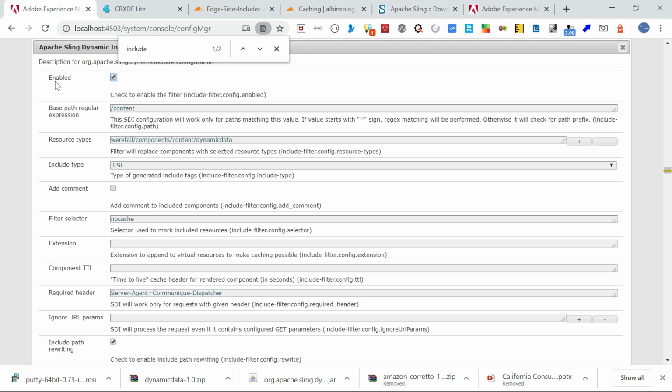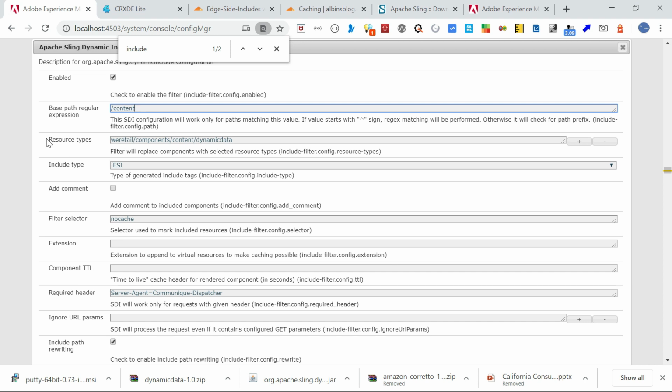First we need to select enabled equal to true, the checkbox. Then base path regular expression. This means the SDI module will scan through the content and enable the placeholder or the include. So we need to say which path it should be. I am saying from slash content. We can even restrict it to only look for a specific path. So based on our requirement we can set it.